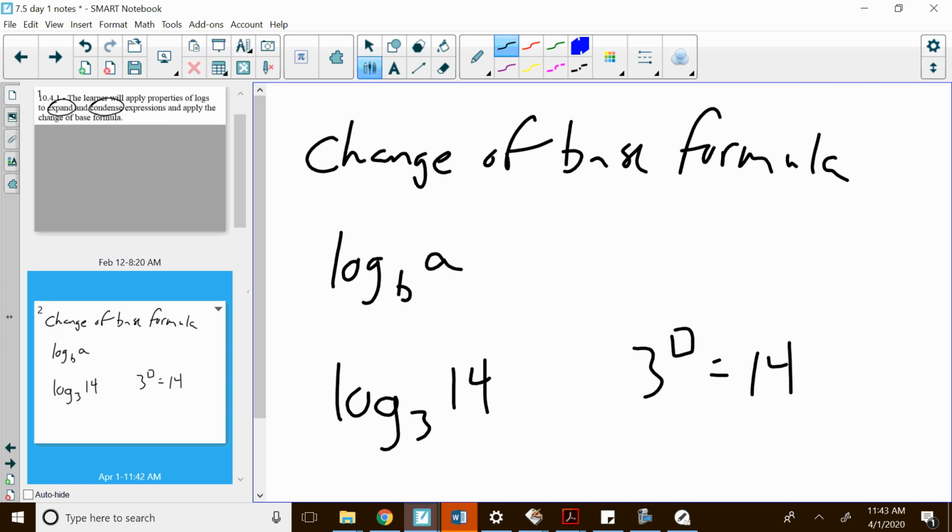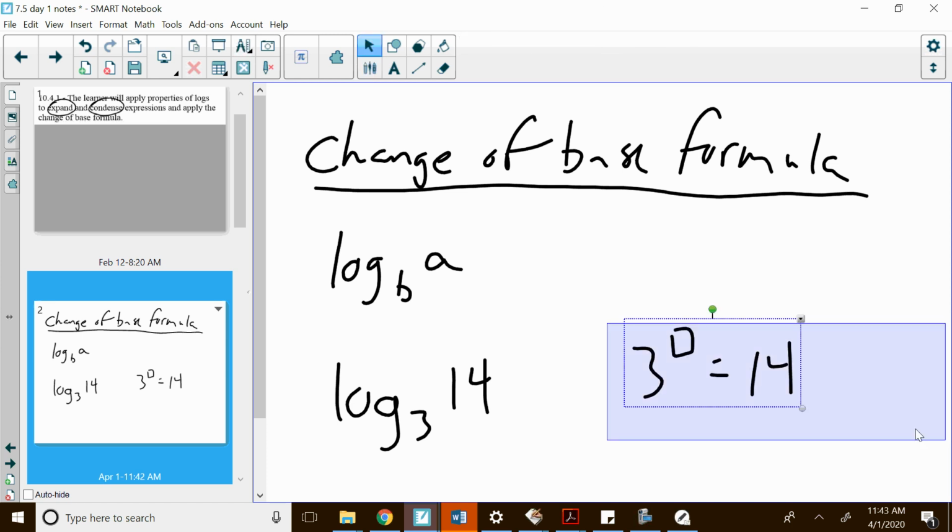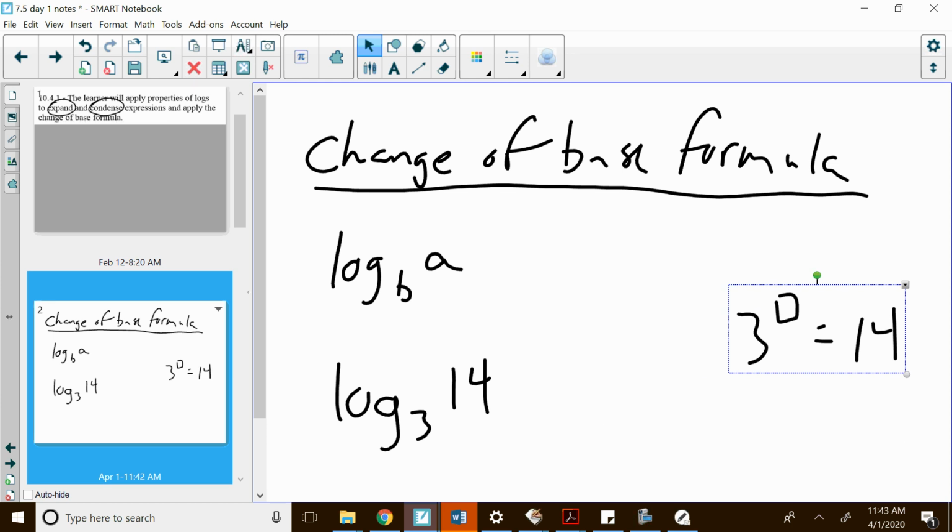There is no way really in your calculator, unless you have a special calculator, to do this by just changing the base to a 3. Until now we have what's called the change of base formula, and here it is. The log base 3 of 14 is the same thing as, write this down with me, is the same thing as